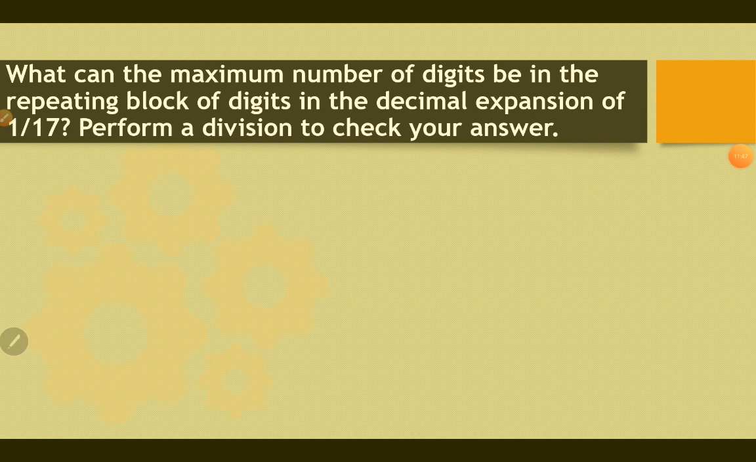What can the maximum number of digits be in the repeating block of digits in the decimal expansion of 1 by 17? Perform a long division to check your answer. So 17 is outside, 1 is inside. So 0.0, so that's 100. 5 sevens are 85, then 15, 0,